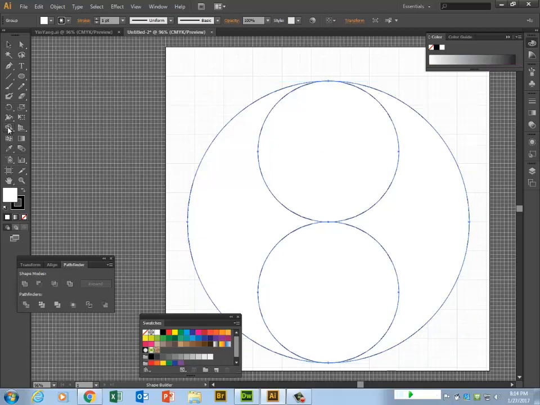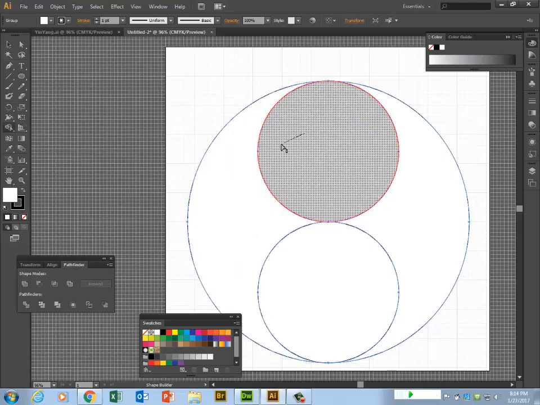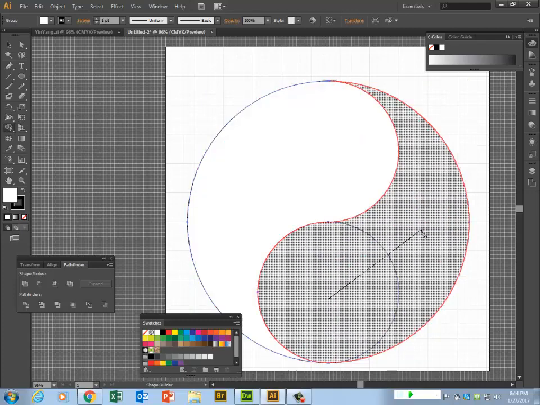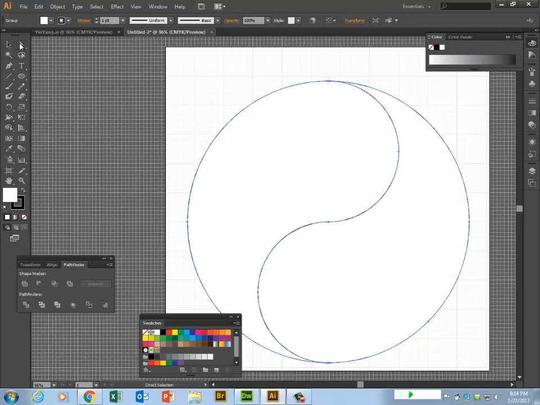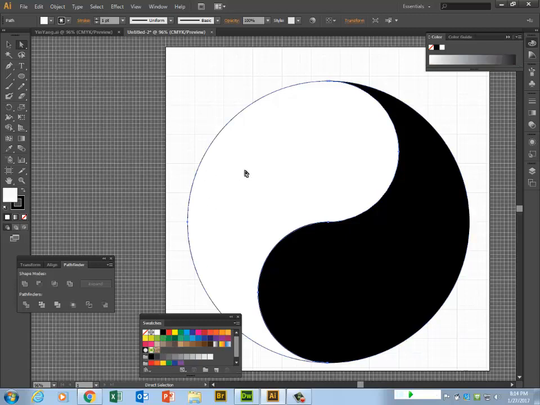Then I'm going to get the Shape Builder tool and I'm going to click from here to here and from here to here. Then I'm going to grab the white arrow tool and I'm going to grab one side. I'm going to make it black. And I'm going to grab one side and make it white. Then I'm going to grab